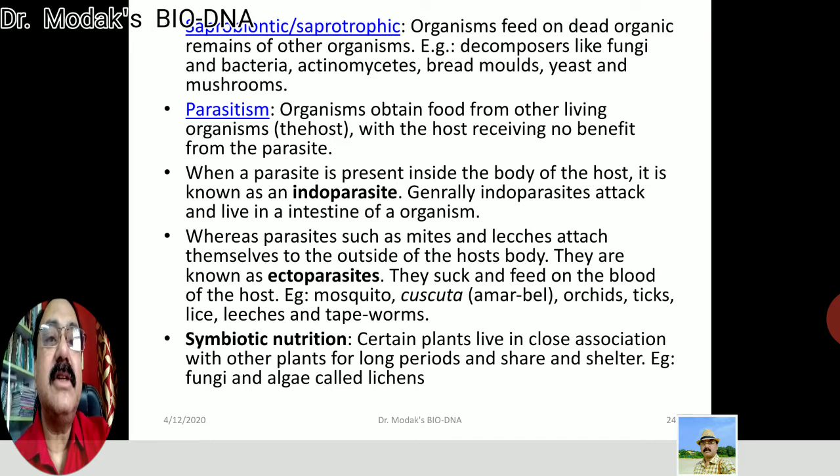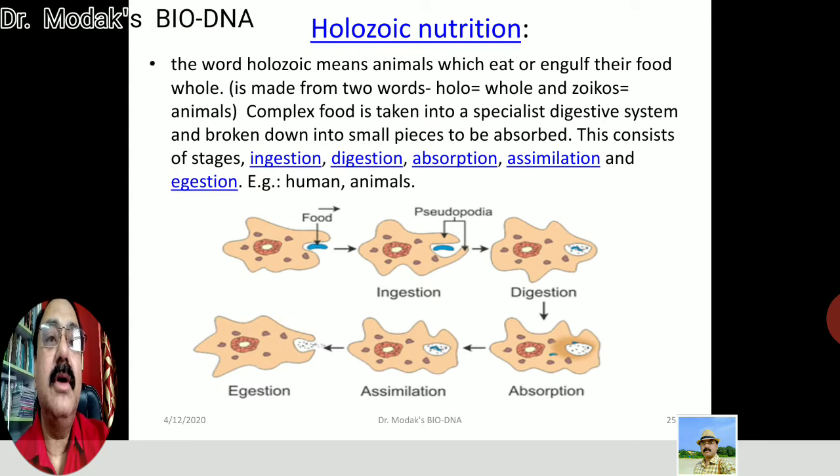In this discussion, we are going to talk about holozoic nutrition. What is holozoic nutrition? It is a kind of nutrition where the organism engulfs the food. They take the food inside their body, and therefore it is called the holozoic mode of nutrition. Here two words are there. Holo means whole and zoicus means animal. Of course, from this you can understand that this type of nutrition is shown by animals,